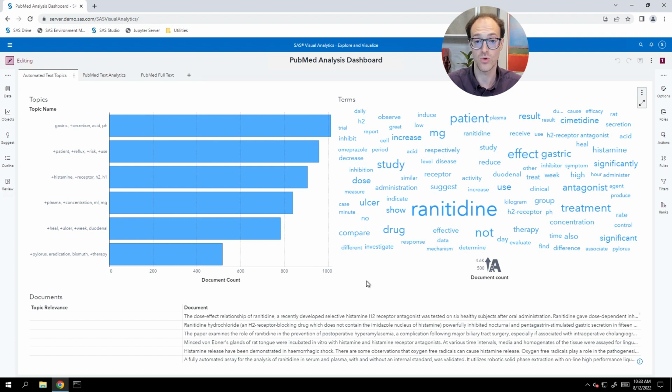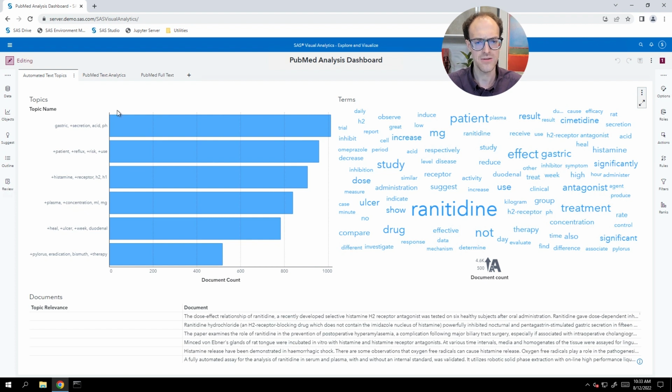So I'm imagining we're public health experts or we're doing research on public health to try and better understand the safety of certain drugs that we might have some suspicion about. Of course, if you're working in the pharmaceutical industry or in some regulatory capacity, you might have other topics that you're interested in looking at. You might want to perform different searches. I chose this one because it's pretty easy to understand and connected to a well-known historical event.